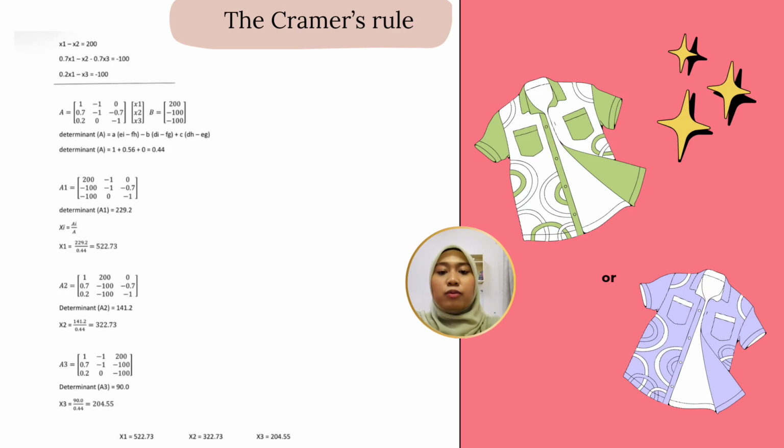0.44. We use the same approach for A1, but we replace the first column with B. As you can see, the first column is replaced by B, and we use the same formula to find determinant A1, and we got 229.2. Based on this we can find X1, where the formula is X1 equals determinant A1 divided by determinant A, so that is 229.2 divided by 0.44, we got